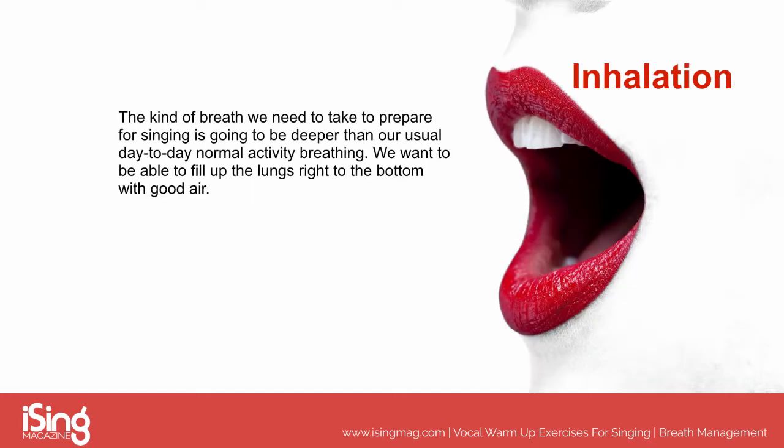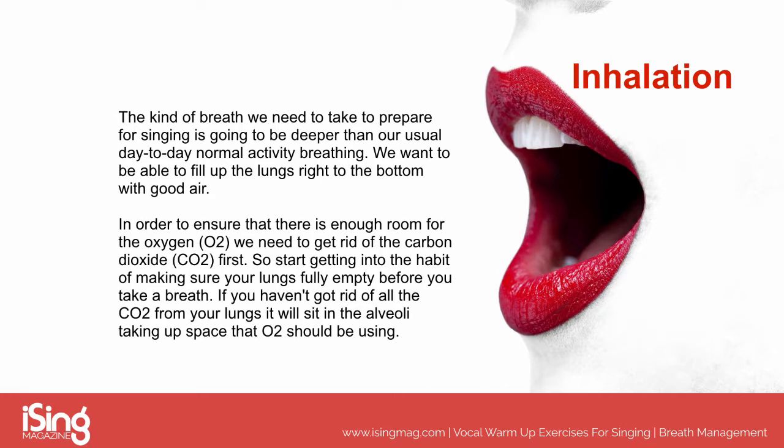The kind of breath we need to take to prepare for singing is going to be deeper than our usual day-to-day normal activity breathing. We want to be able to fill up the lungs right to the bottom with good air. In order to ensure that there is enough room for the oxygen, we need to get rid of the carbon dioxide first. So start by getting into the habit of making sure your lungs are fully empty before you